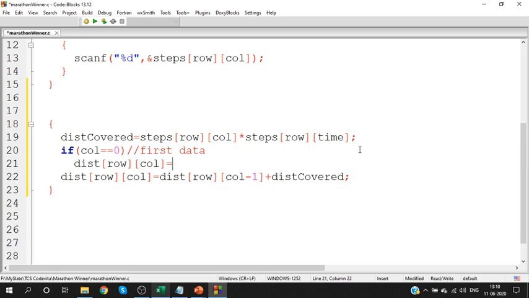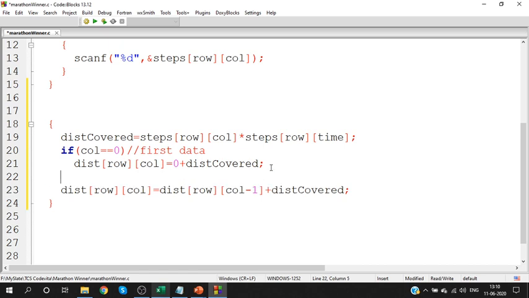Distance of row column is equal to previous distance plus distance covered. This is what we said. Yes, but only for the first data, the previous distance is no previous distance, which means 0. Okay, just for the first data. For all the other data, you will have some previous data. Take that. Am I making it clear?